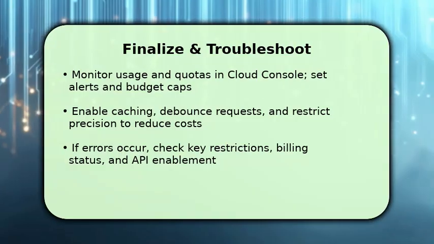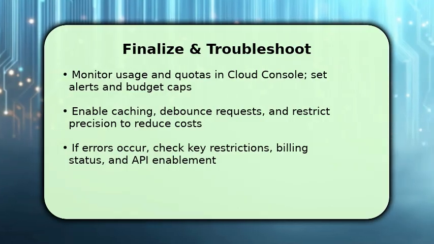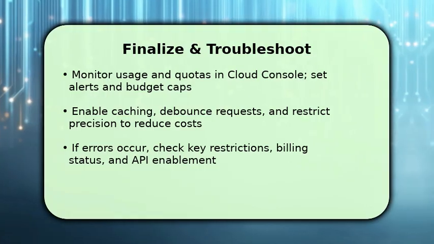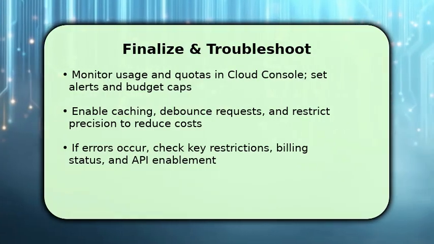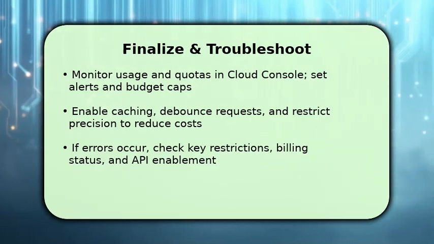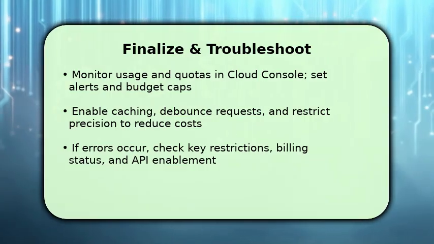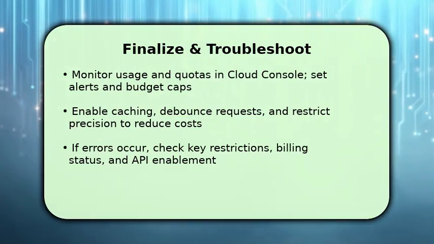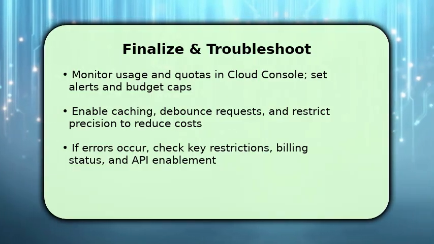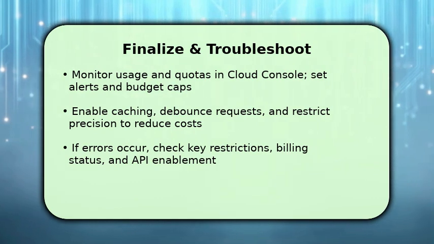Set usage alerts, budget caps, and review quotas in the Cloud Console. Optimize cost by caching responses, debouncing user inputs, and reducing coordinate precision when acceptable. Deploy with the API key stored securely and rotate it periodically. If something breaks, first verify the API key restrictions, confirm billing is active, and ensure the required APIs are enabled. If you still see errors, inspect HTTP response codes and error messages to